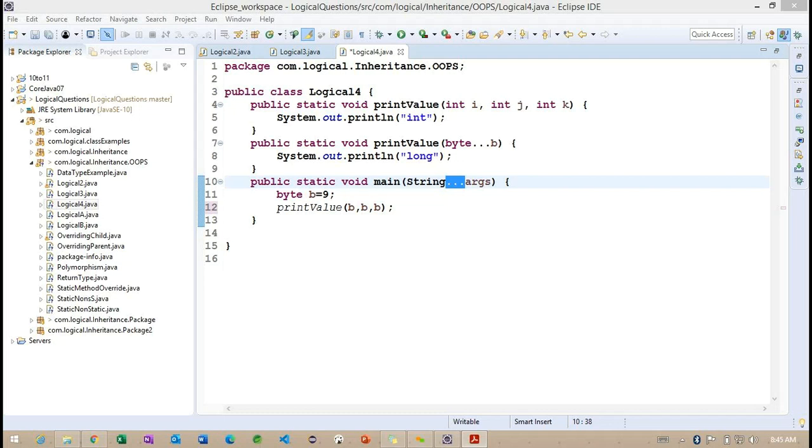Now I want to check one more example. This particular TreeMap related example we did not discuss as of now. So let me check here.